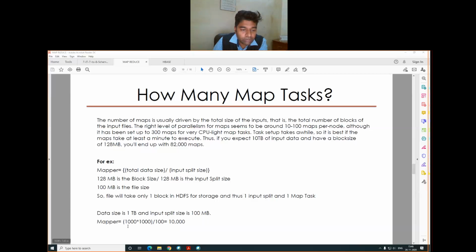Okay, and the input split size given here is 100 MB. So if we divide by 100, then it will come to 10,000. From this formula we can easily compute the number of mappers, how many maps we require, with respect to the number of hard disks, memory, and capacity needed for a big data problem. Okay, so next we have the concept of